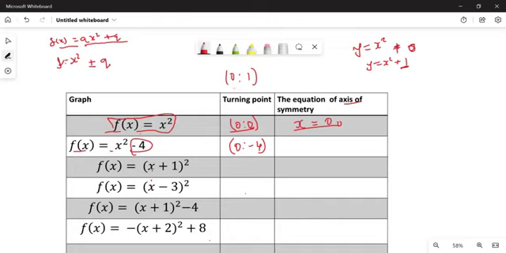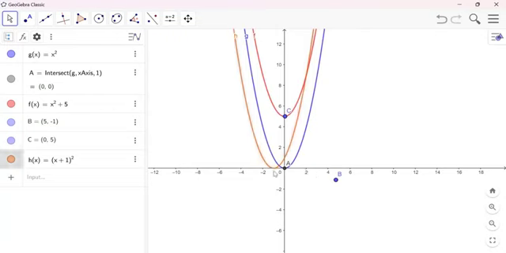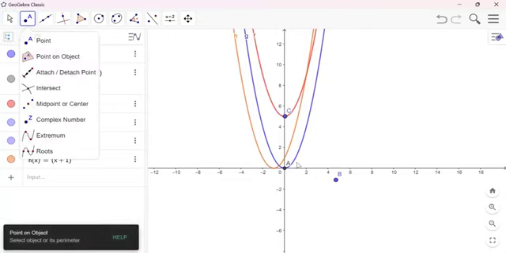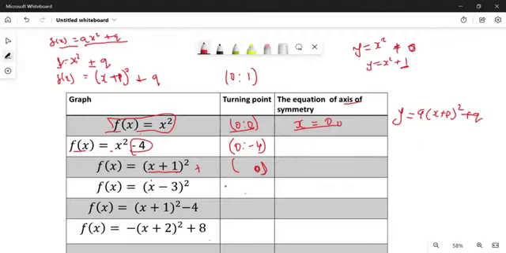Now let's look at what happens if we shift the x part. Now we're going to introduce a new parameter. The orange one, yeah. They will put a point here on the orange one. So this is where the graph is turning. It's point D. What is happening when it turns? What are the coordinates of the turning point? -1, and what then? Okay, we'll put it this side then. The turning point we have is -1 and what. And what is going to be the axis of symmetry? Let's check it. What do you think is going to be the